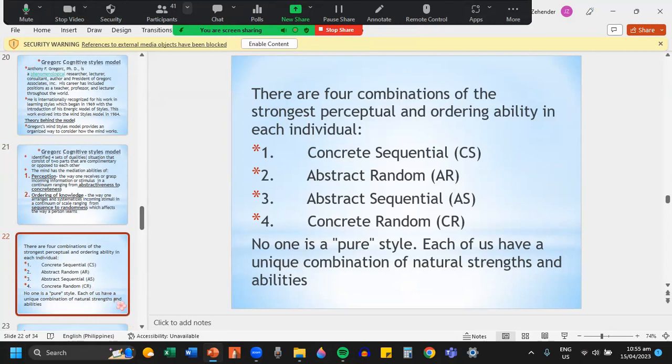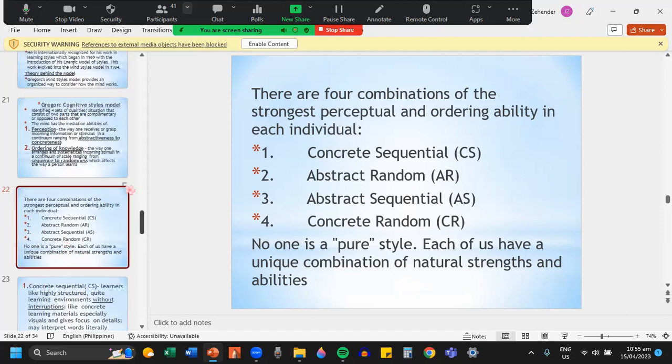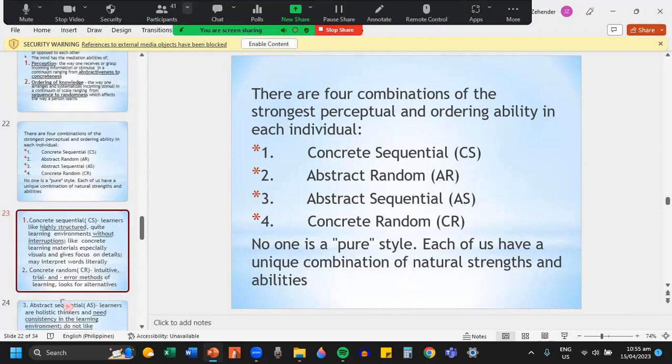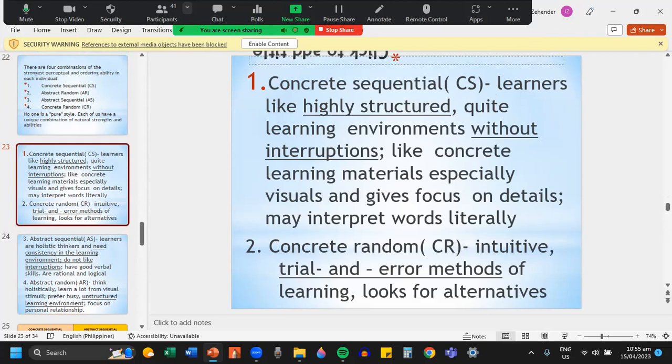So there are four combinations of strongest perceptual and ordering ability in each individual. So we have concrete sequential. We also have abstract random. We have abstract sequential and concrete random. So no one is a pure style. Okay, each of us has a unique combination of natural strengths and abilities. So we start with concrete sequential. So concrete sequential,